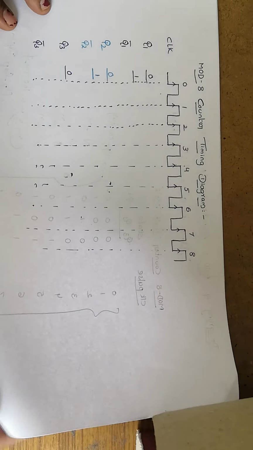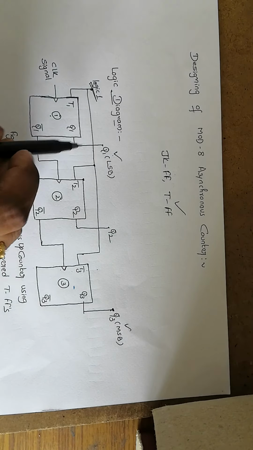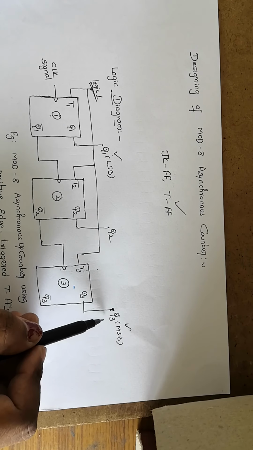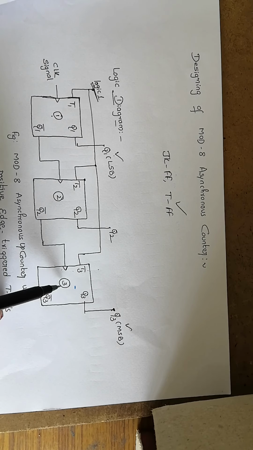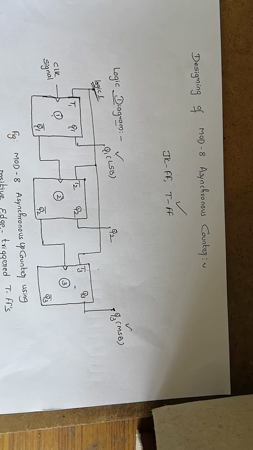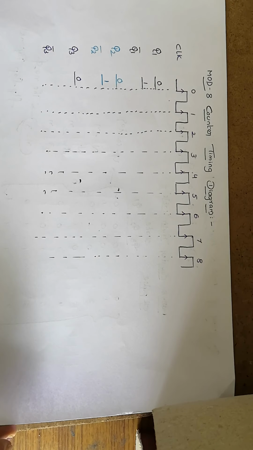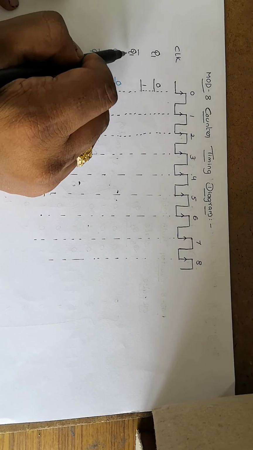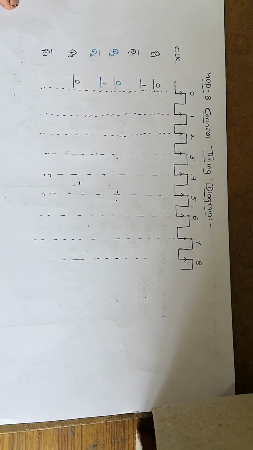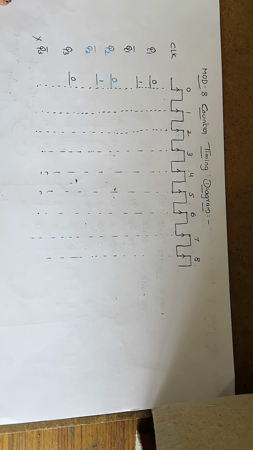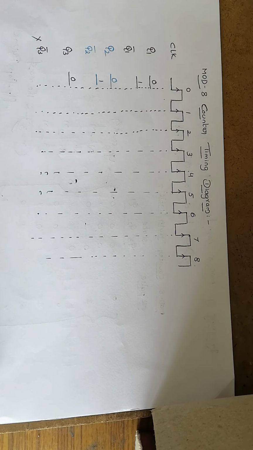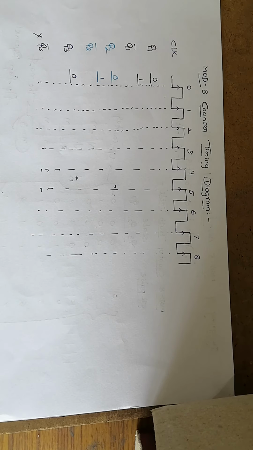8. In this case my outputs are Q1, Q2, Q3, and to drive the second flip-flop I need to consider Q1 bar. To drive the third flip-flop I need to consider Q2 bar. That's why in the timing diagram I am considering Q1, Q1 bar, Q2, Q2 bar, Q3. If there were a fourth flip-flop, then I would consider Q3 bar. Otherwise, I need not consider the output Q3 bar. And let us see.